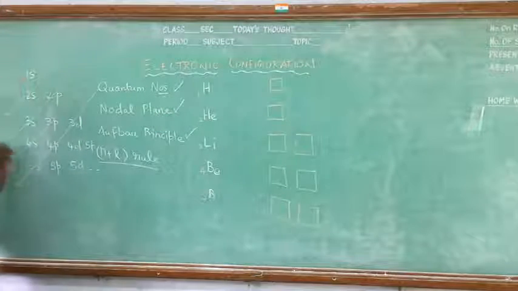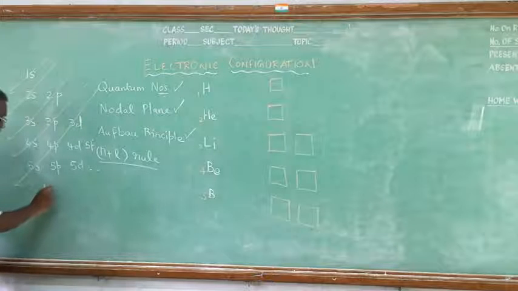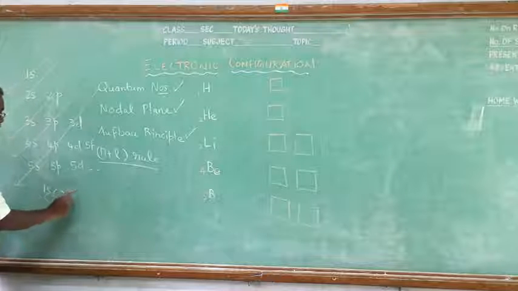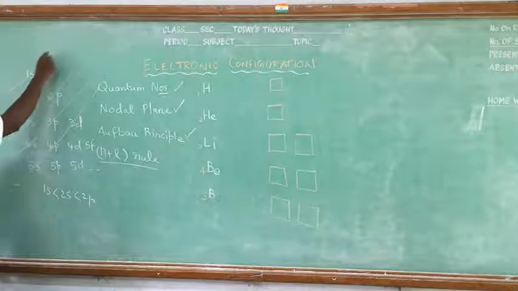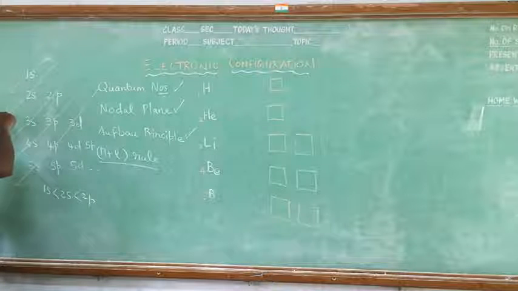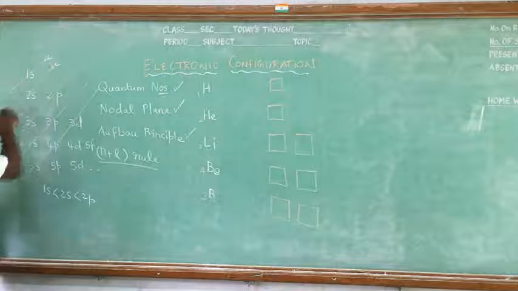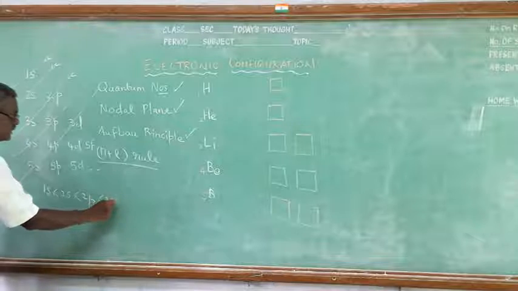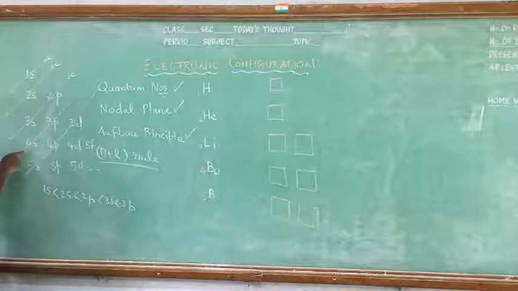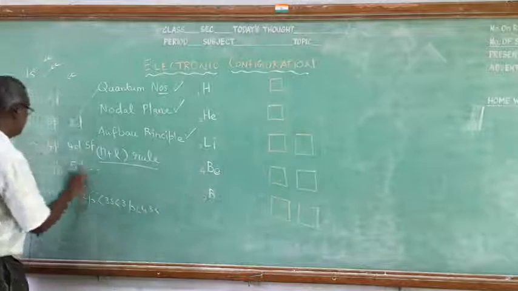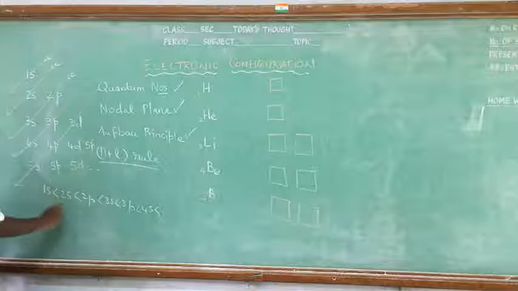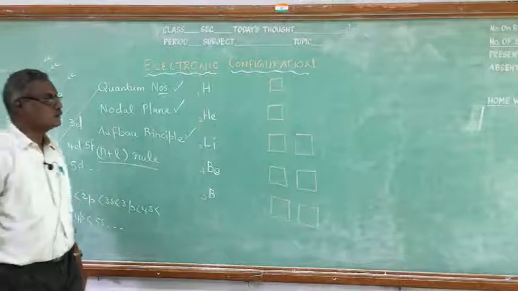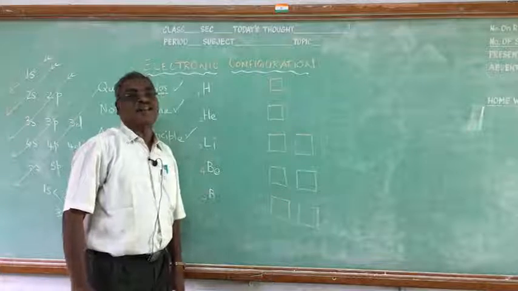For finding the order, this arrow mark diagram we have studied. First 1s, the lowest energy, that will fill, then it will go to 2s, then 2p. The arrow mark, from tail you have to come to the head. Again you should not turn like this, again you have to go to the tail, then come to head. So 2s, 2p, 3s, 3p, after 3p 4s will come, after 4s 3d, then 4p, 5s, like that it goes on.